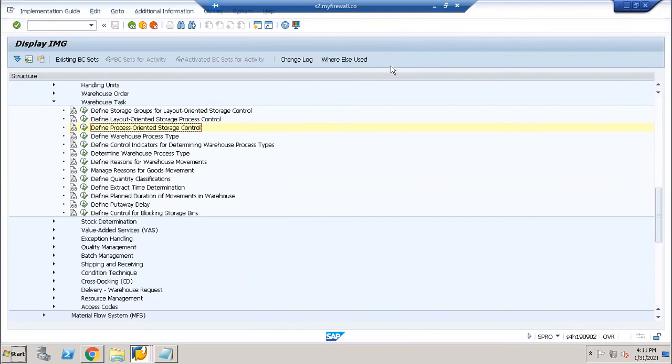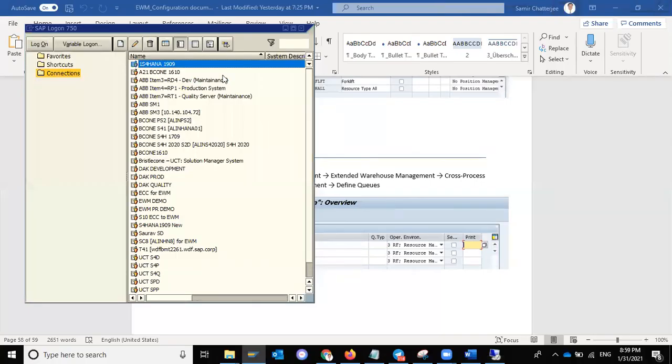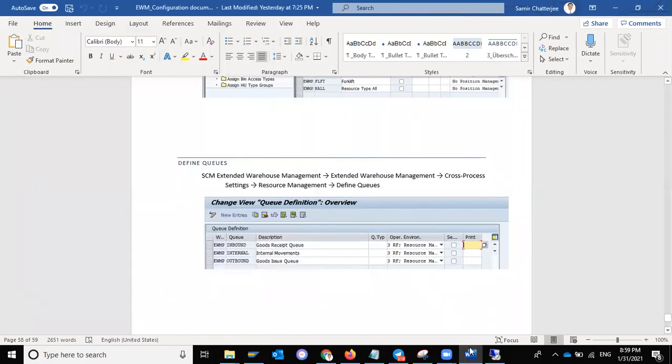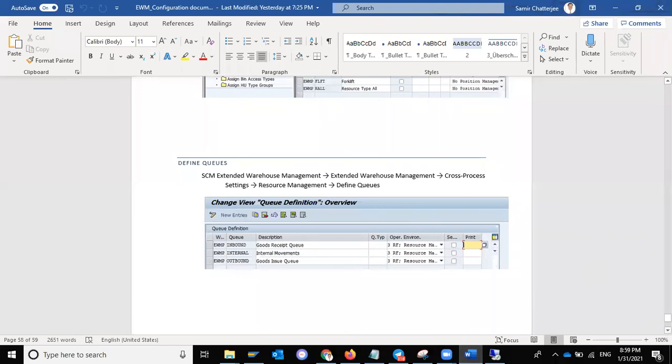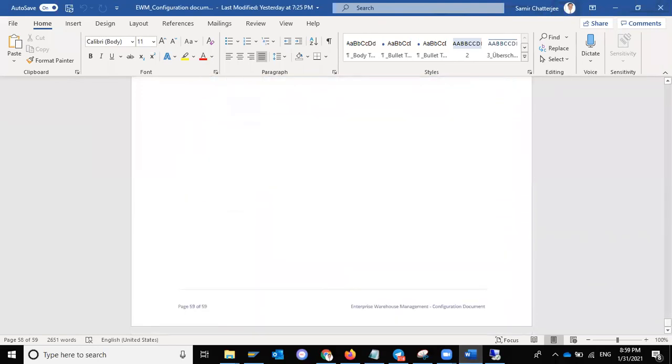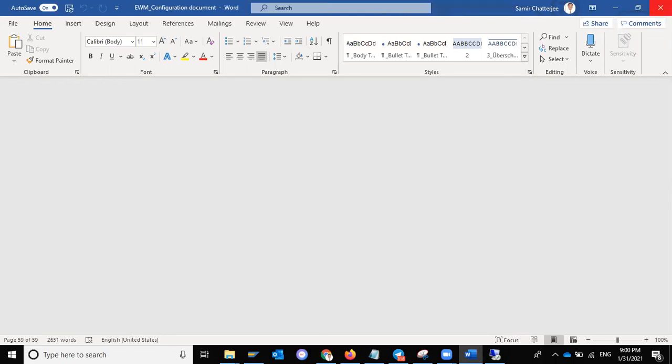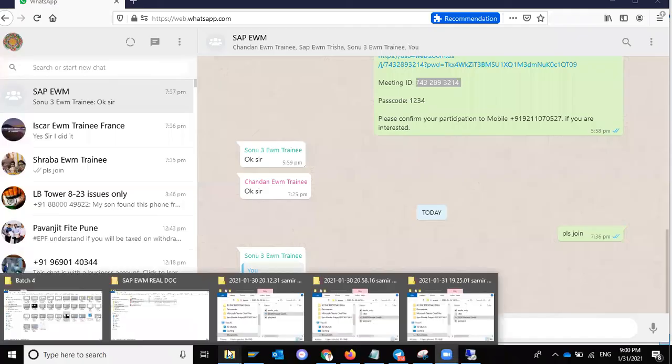Now let us go to our syllabus. What pending things are available? I think we have completed the customizing menu. I shall send the customizing menu specific configuration document, followed by the presentation. So we need to see the syllabus here.